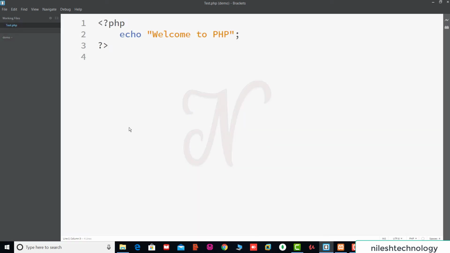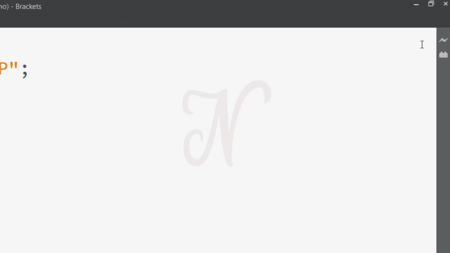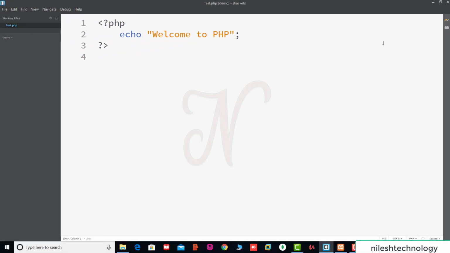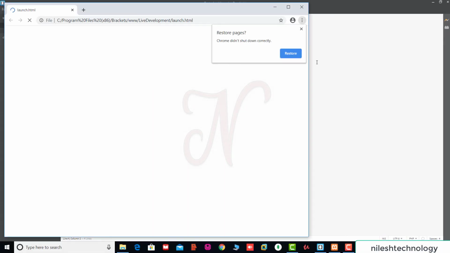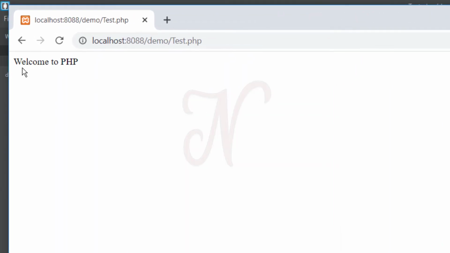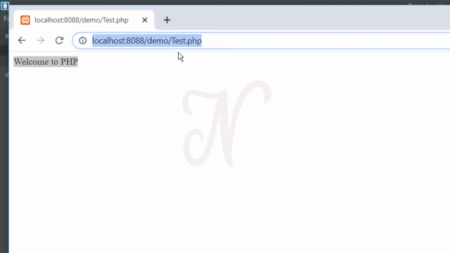Okay, so save this project location folder and click on this right panel top button. This is the live preview button. So click here. Here it automatically opens a new browser and runs your script. So this is your output. Welcome to PHP. So see here on the URL